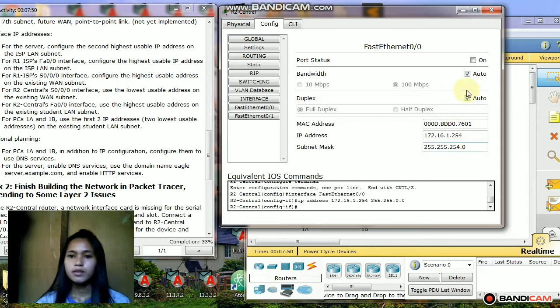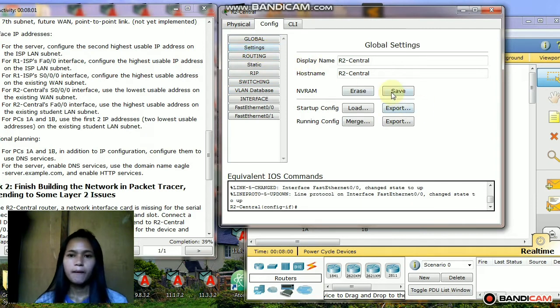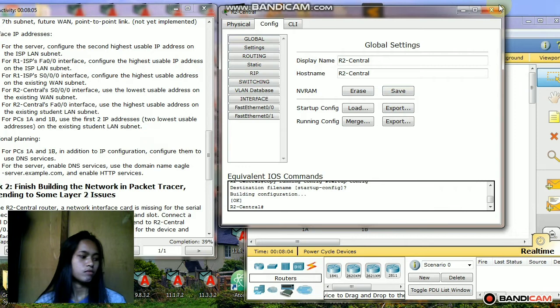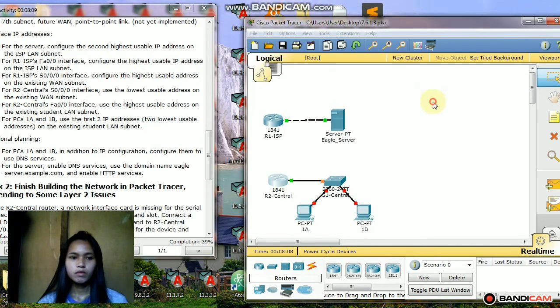Then click add. Turn on, then settings, then save. So next